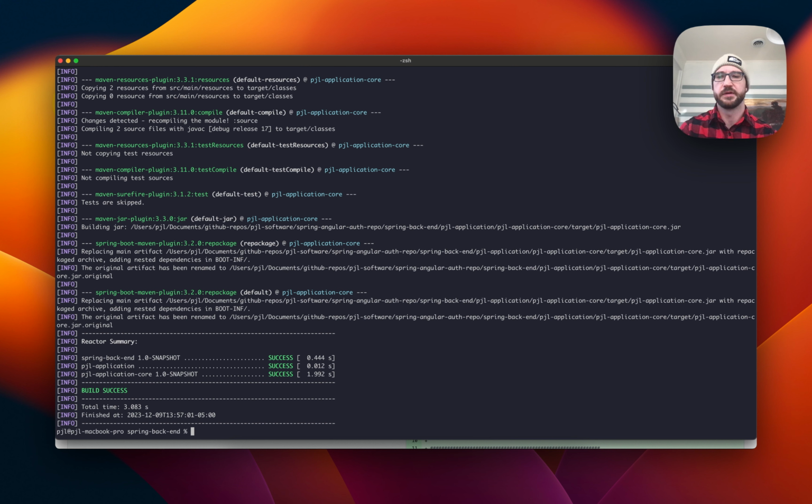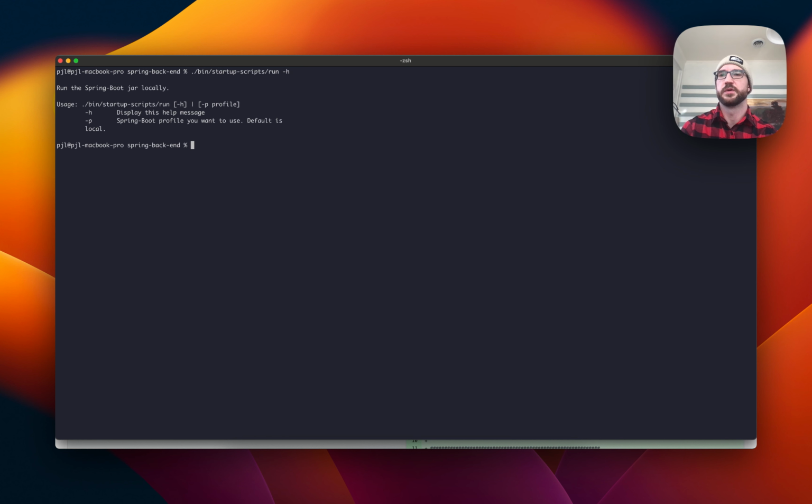It should succeed at giving you everything that you should need. The other command that we have is run, which also comes with a useful help, and that will run the Spring Boot jar that we just built locally. Awesome. So if you do Spring run, knowing that you've already built the jar,